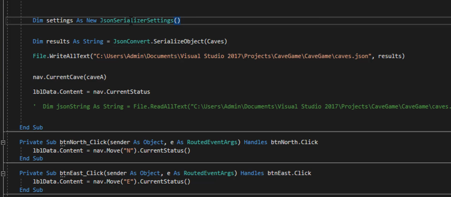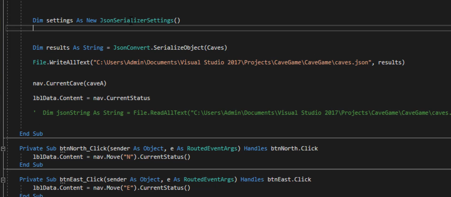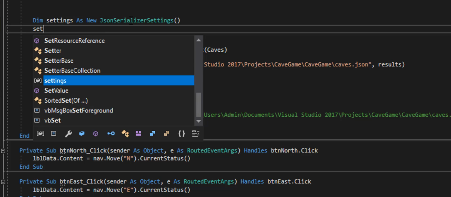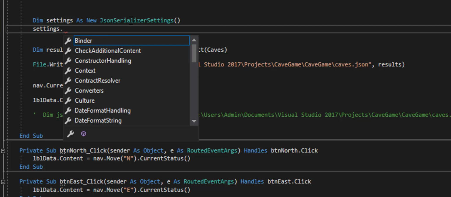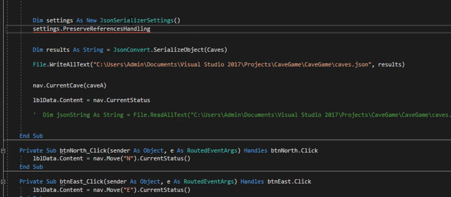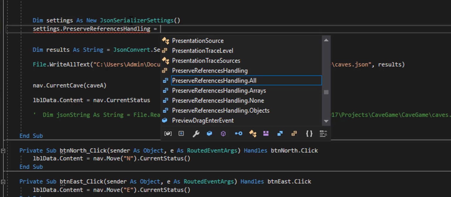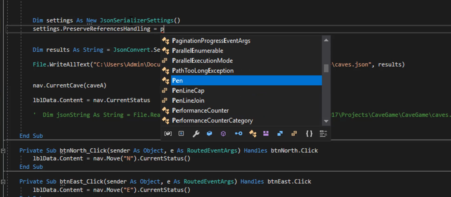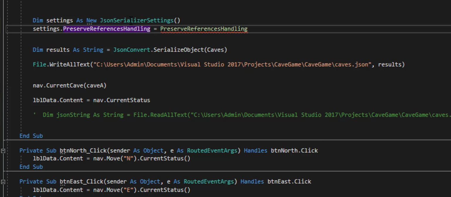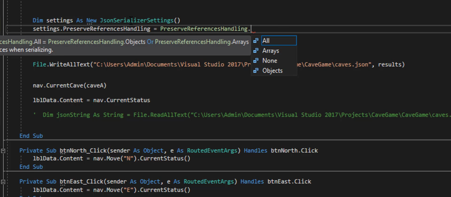Now with the settings variable set, all I have to do is call upon the settings variable and change the PreserveReferencesHandling, and make that equal to PreserveReferencesHandling, but we're going to pull from it. Oops, it already had it for us. We're going to say we want this to be None,